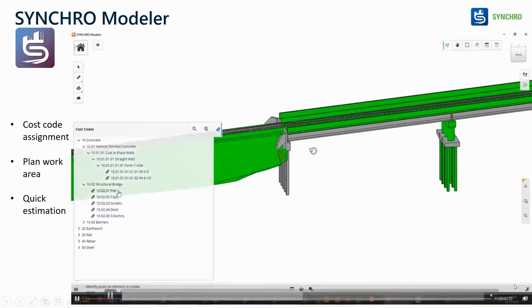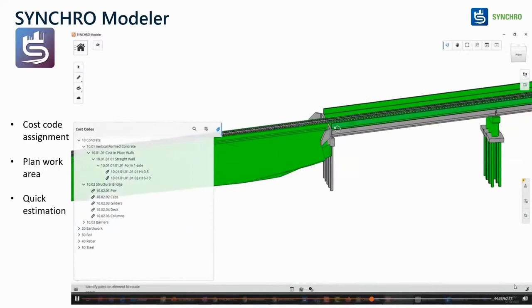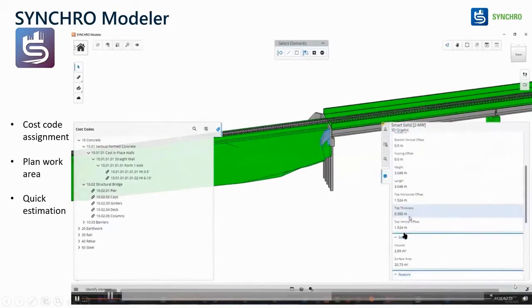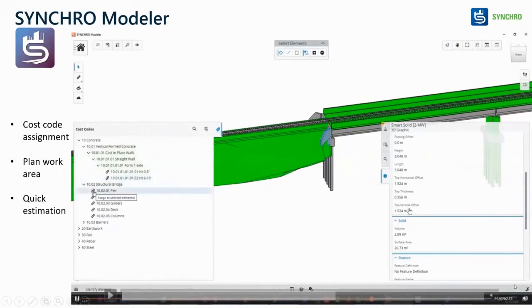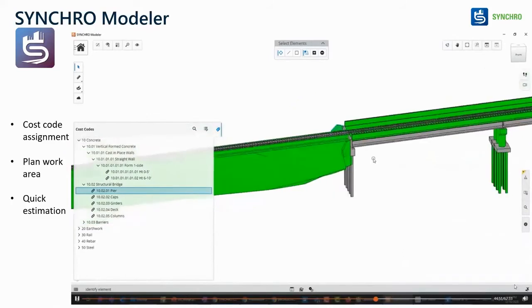So I just assign that cost here for piers, or for earthwork and rail, all the other costs I can assign based on the volumetric calculation. If you have a 3D model, I can assign all the cost codes. If I have the Excel file, you can see in the pier, I'll see what the volume is here. When you assign this to pier, that volume is taken into consideration over here and multiplied by the unit cost you got from your contractors maybe. After getting that, you understand what exactly the cost for the pier is when you want to cast that on site.